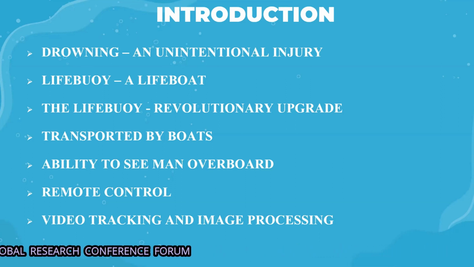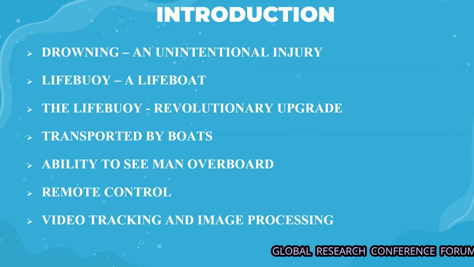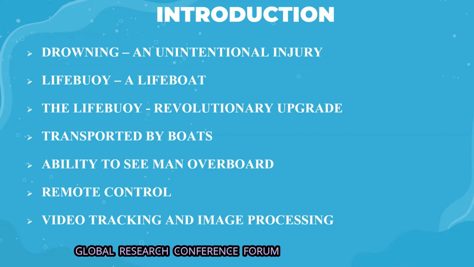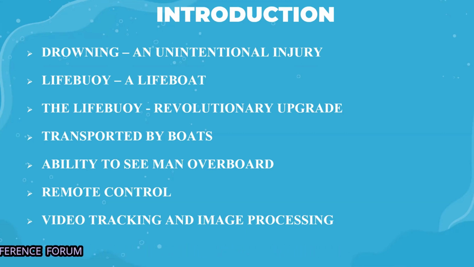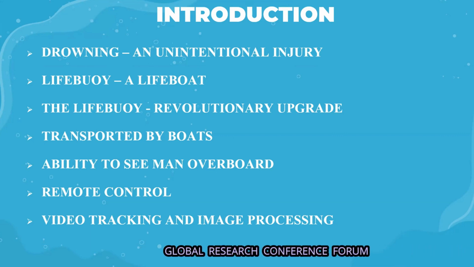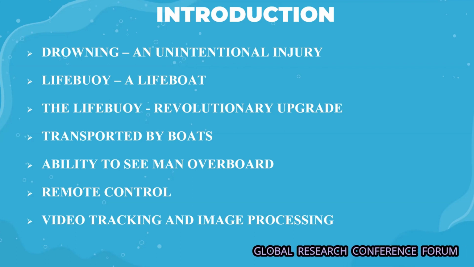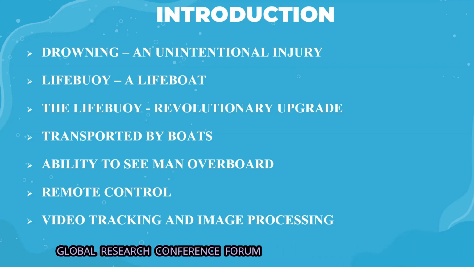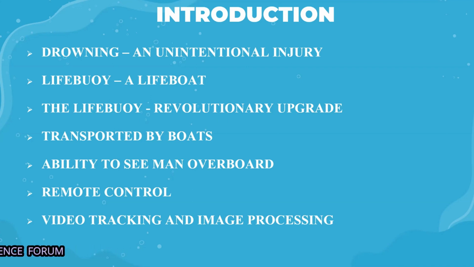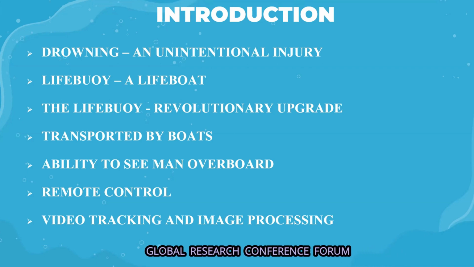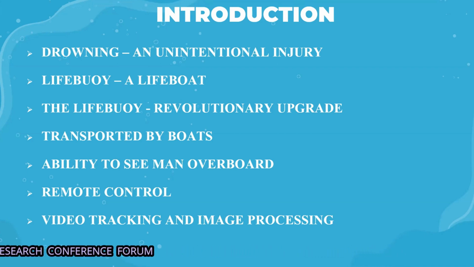The intelligent lifebuoy is a revolutionary upgrade of the conventional lifebuoy that can be sent to someone in danger in water. Lifebuoys can be transported by boats and carried by ships, and can be located beside bodies of water that have the depth or chances of drowning someone. These intelligent lifebuoys can be remotely controlled according to machine vision and send the data to transfer. The paper introduces basic principles of this intelligent lifebuoy based on machine vision by video tracking and image